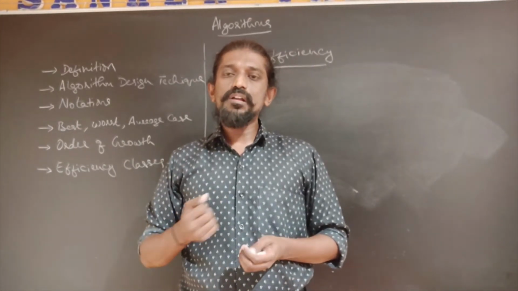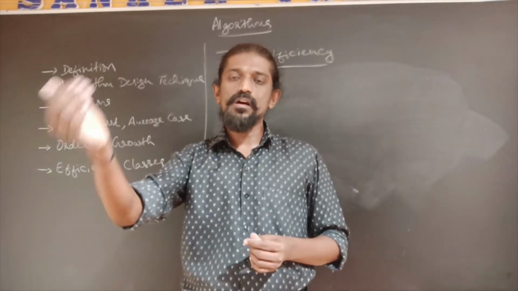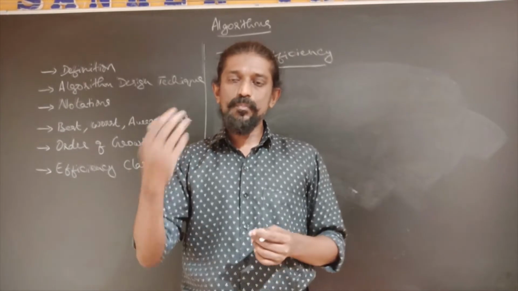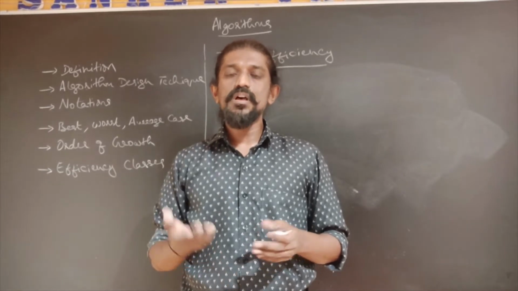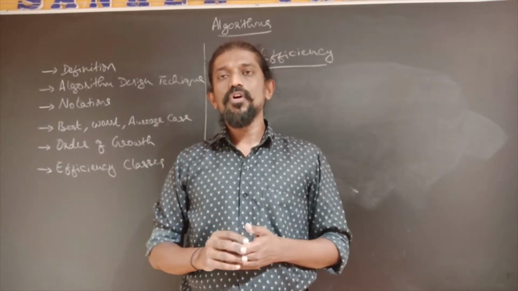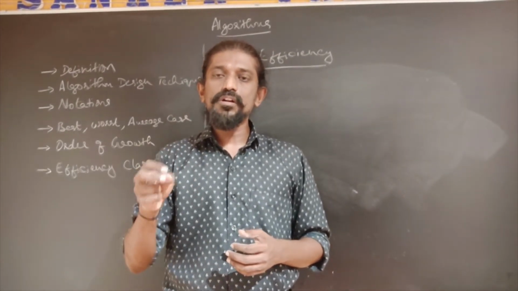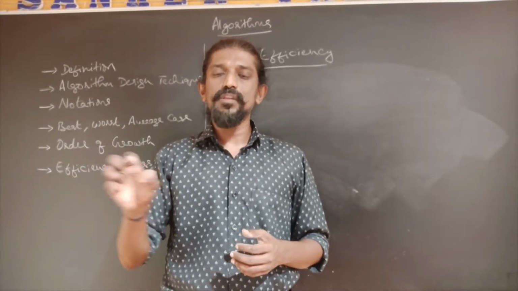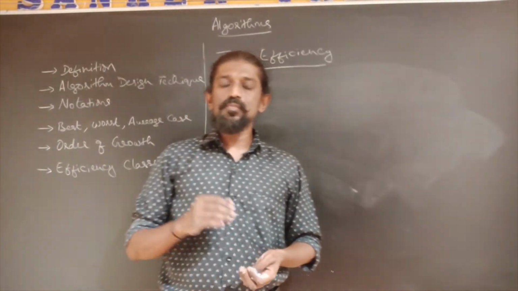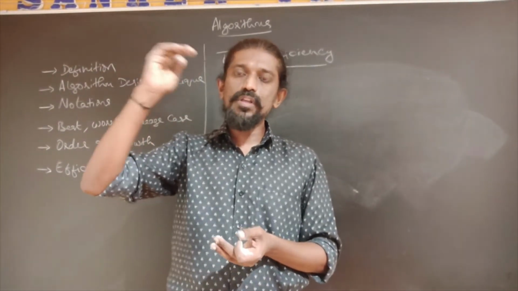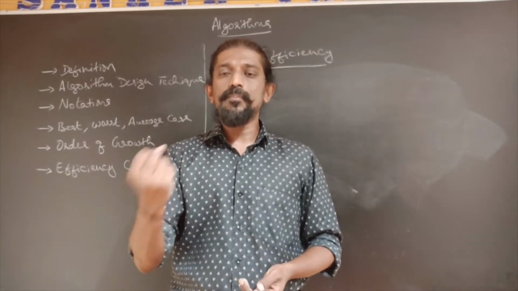But this is not a very accurate method, because it depends upon the hardware that we are running on. If the computer system on which we are running has better memory and fast processors, output will appear at a quicker time. So therefore it is always better for us to analyze the efficiency of the algorithm on some factors that are independent of the machine on which we run. So therefore what we may do, one simplest thing that we can think of, is count the number of instructions that the algorithm is executing to produce output for a particular problem.